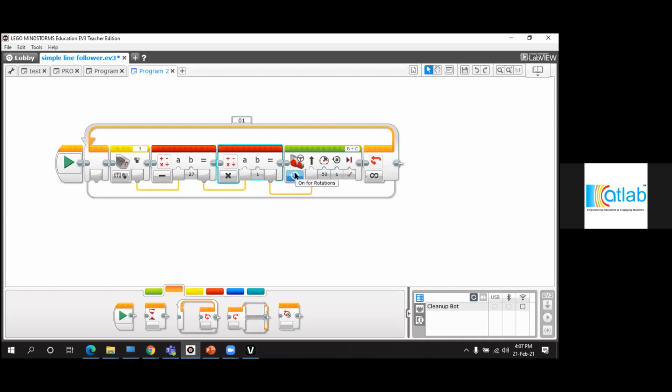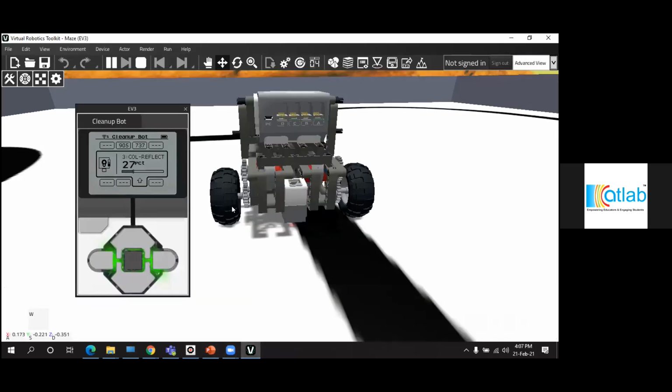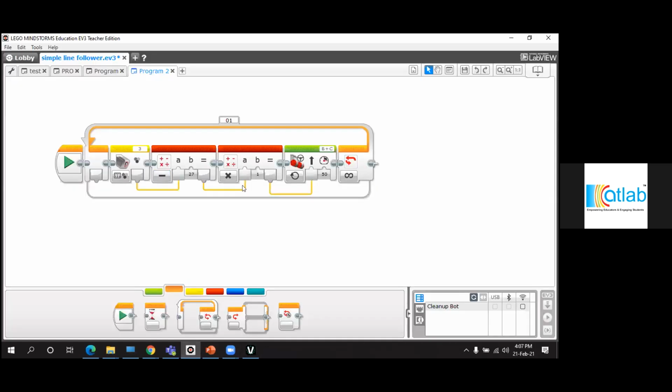Finally, I'm going to turn on this move steering block. So this 27 value is nothing but the value reflected back from the surface. And then we have to enter this value. This value is nothing but the turning, like how fast you want to turn your robot. Is it going to be a sharp turn or a smooth turn? Just for the beginning, I'm going to enter this value 1.7. Then I'm going to check how it works.